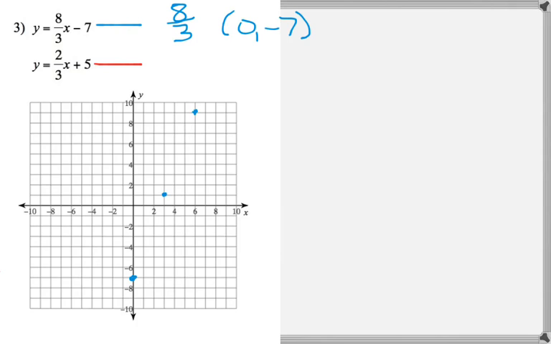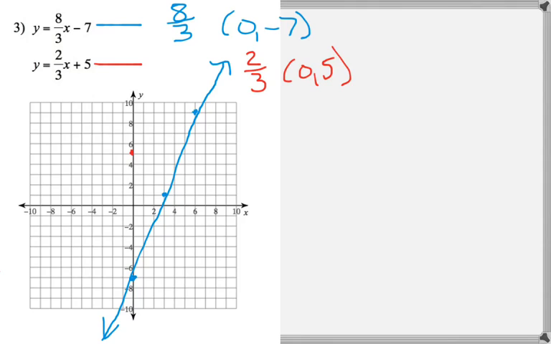So we have the points we need. We can go ahead and draw the line through those points and move on to step 2. Let's switch to the red. Our slope on the second one is 2/3. Our y-intercept is the point 0, 5. So we plot 0, 5,